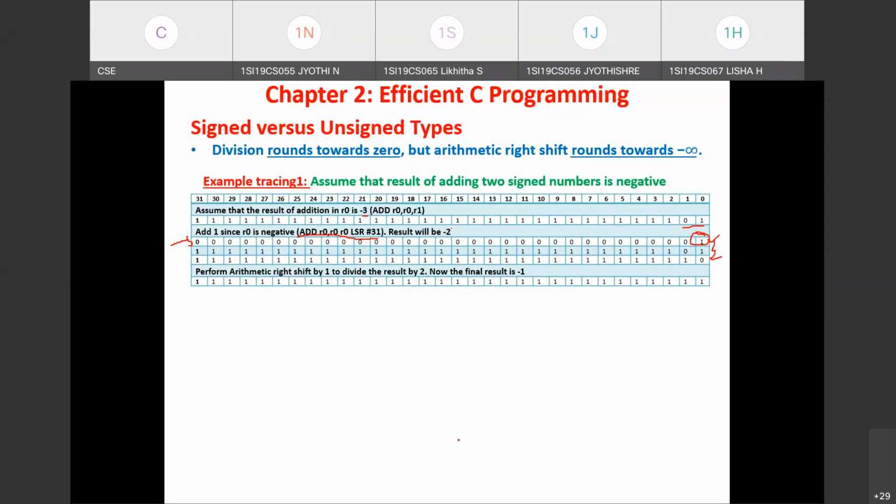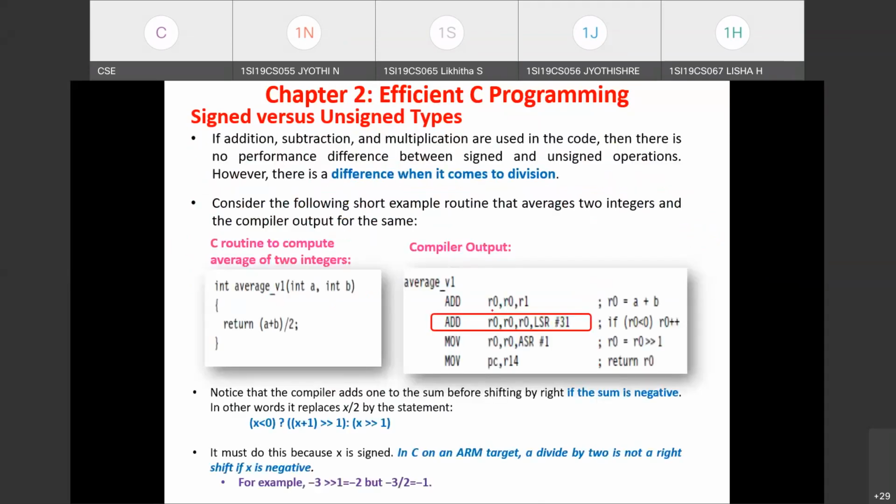So that you can see in this table. See, the first instruction it executes is add R0, R0, R1. Addition is done. Then whether you get a negative result or positive result, this is the additional instruction it has executed. Since we have taken a signed integer type, we are adding 1. If it were negative, the compiler adds 1 to that result held in R0, and that result is stored in R0. Finally, arithmetic right shift is done to the R0 register for reducing the data to half.